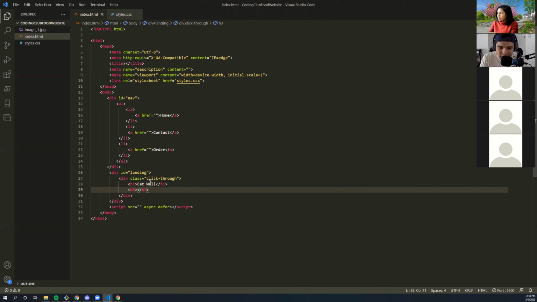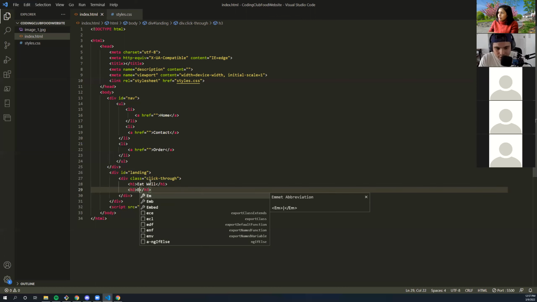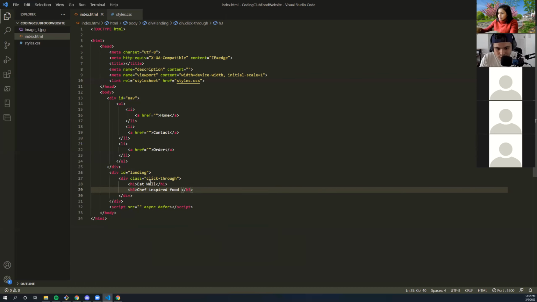If you're doing design, you know that different texts have different levels of importance, and we want one to be a tagline, we want one to be a headline. So the tagline will be, I don't know, chef inspired food something or other.